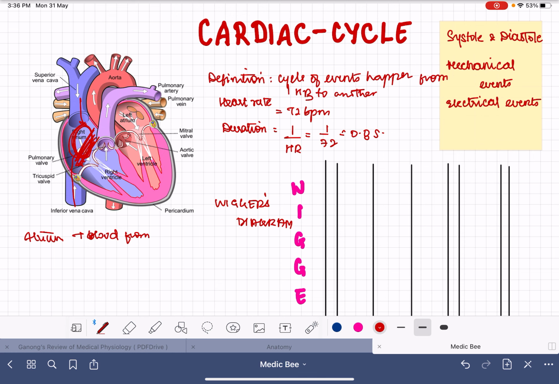In the left atrium, the blood is coming from the pulmonary veins. Here also the blood level is increasing, and as the blood level increases, the pressure inside also increases. This pressure will cause the opening of the tricuspid valve and the bicuspid valve. The bicuspid valve, which was closed, will dilate so blood can flow into it. Blood will flow from the atrium to the ventricle.